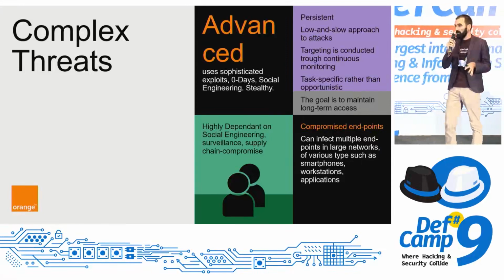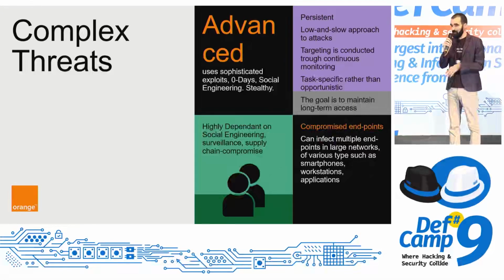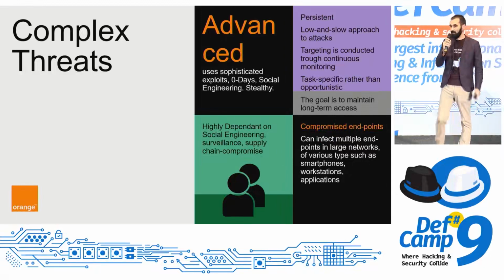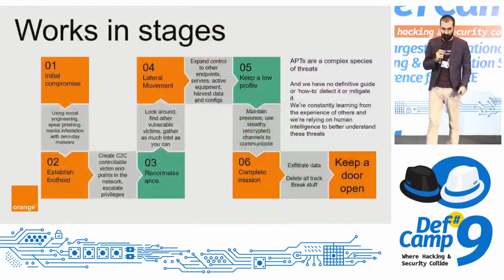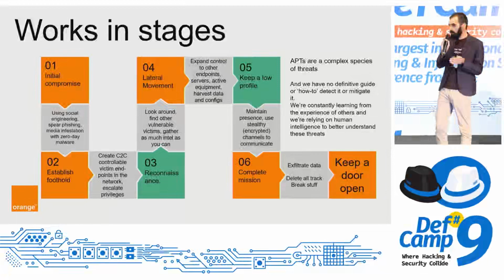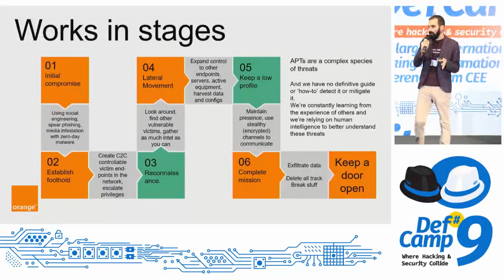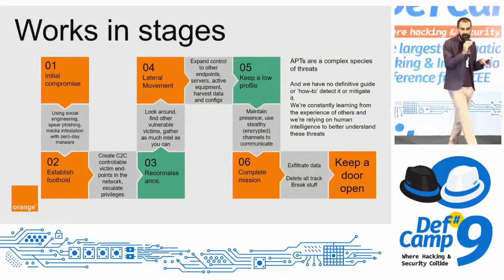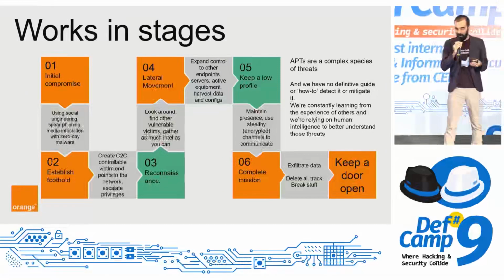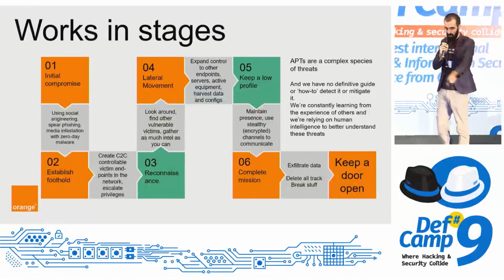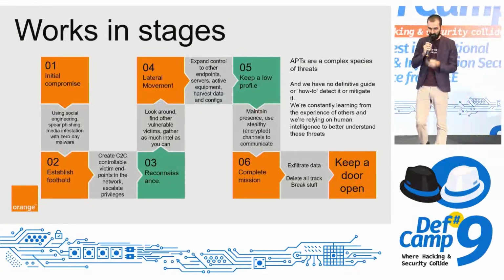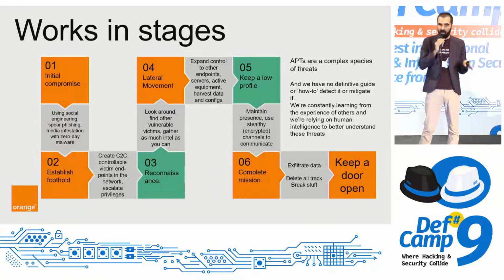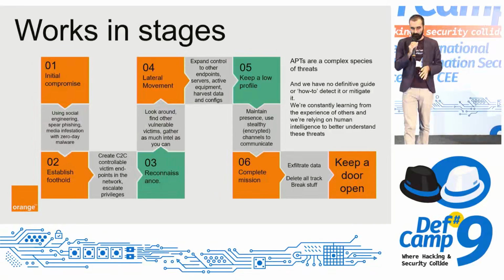What can we do to at least have a chance in detecting this kind of threats, other than building a huge wall of IPSs and firewalls and things like that? Well, in order to detect an APT, you have to know what the stages of its inner workings are. And this worm thingy here, which reminds me of the game Snake on the old Nokia phones, is actually self-explanatory. You have 6 or maybe 7 stages that one such advanced threat may use in order